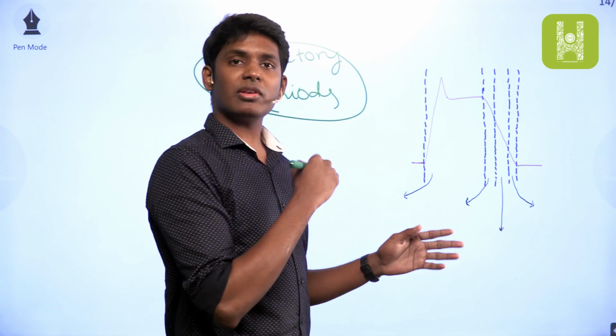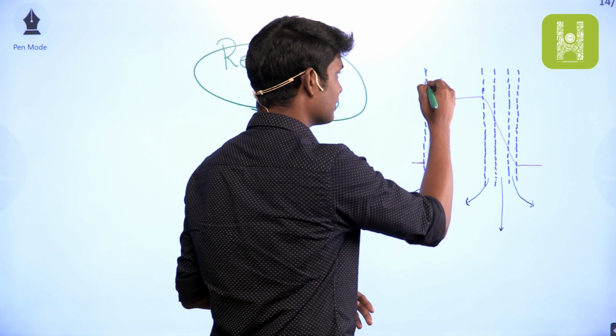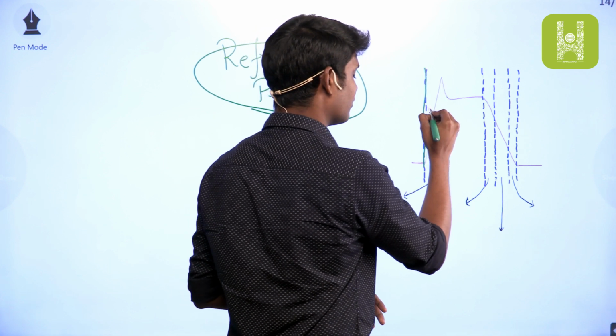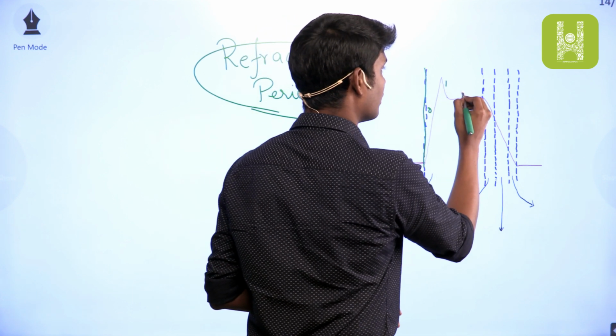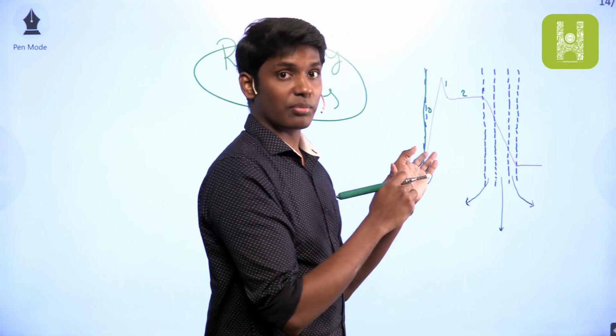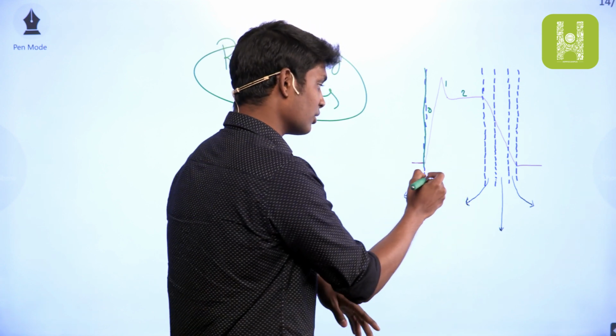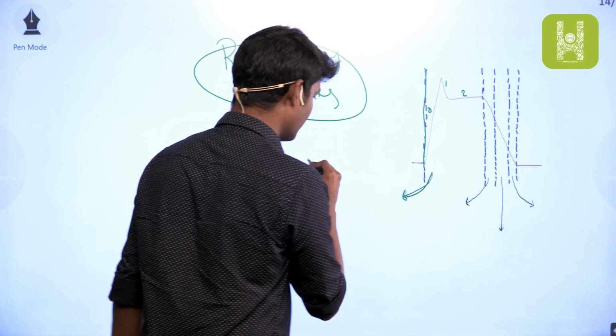So when a premature impulse comes and hits the muscle cell during this initial phase, that is during phase 0, 1 or 2, the cell is actually maximally depolarized, so there is no chance of another action potential developing here. So this particular period is called